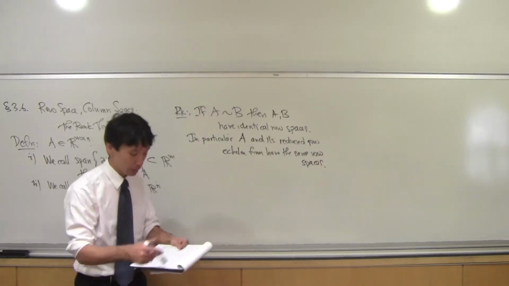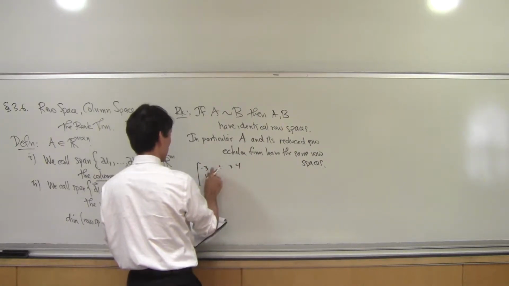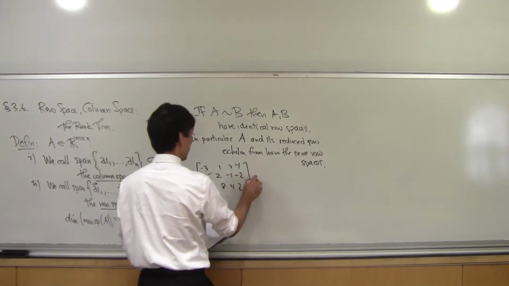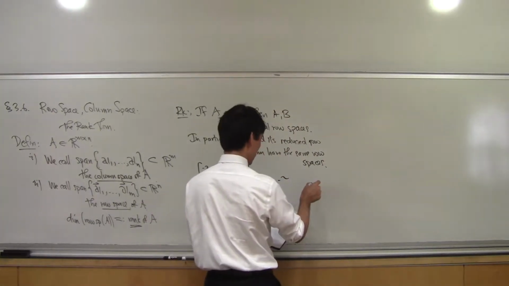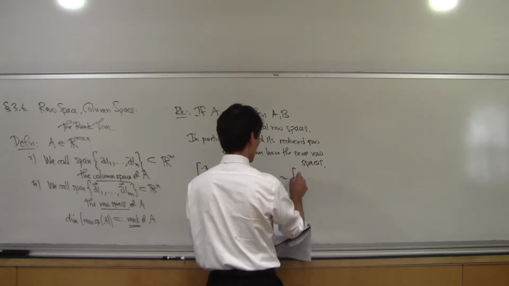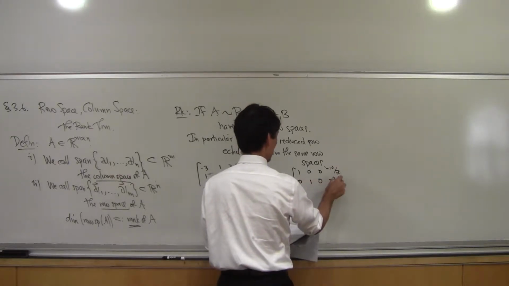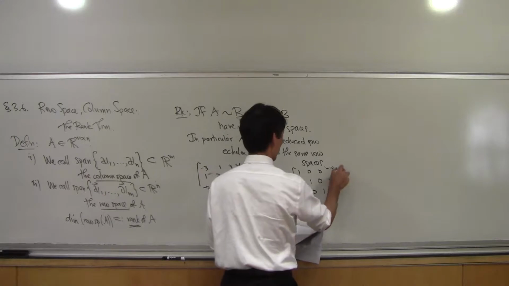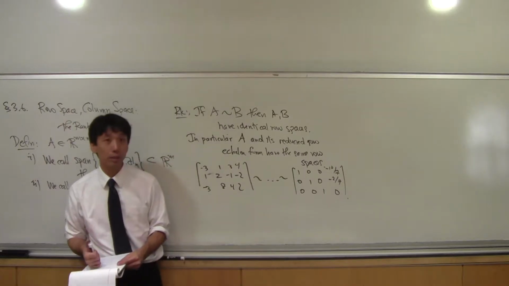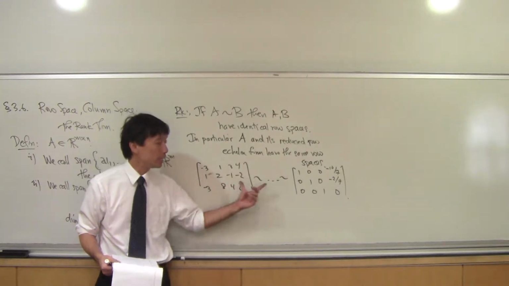I say, I got my matrix. I start off with some matrix, negative 3, 1, 3, 4, 1, 1, 2, negative 1, negative 2, negative 3, 8, 4, 2. I do row reduction on it. I get all the way down to its reduced row echelon form, which is 1, 0, 0, negative 10, 7, 0, 1, 0, negative 2 sevenths, 0, 0, 1, 0. That's good. Well, what good did that do me? That actually did something good for me. So these guys have the same